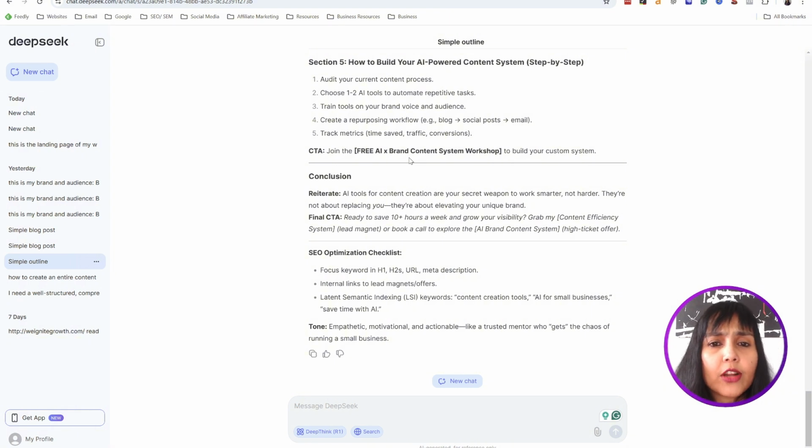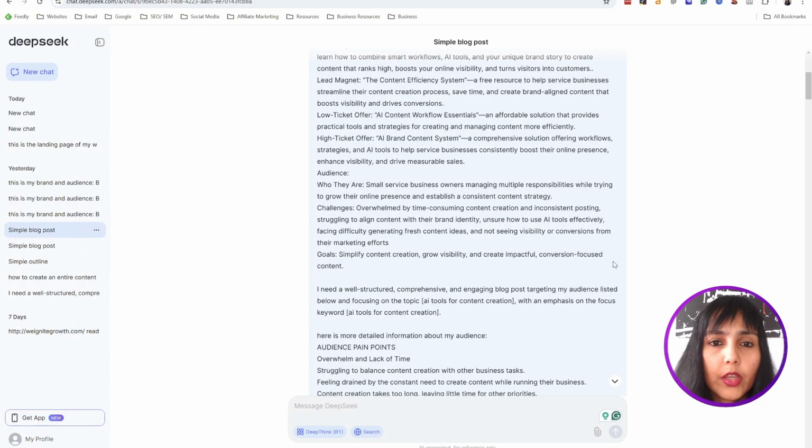So at this point, I'm not sure that I would necessarily choose Deepseek over ChatGPT, and that is why we need to explore a little bit further on how it actually creates the blog post, where I give it a detailed mega prompt with all my details. So that's my third step. But second step, we will look at how it creates a simple blog post. Forget outline. If I directly want to jump into a blog post, then what does it do?